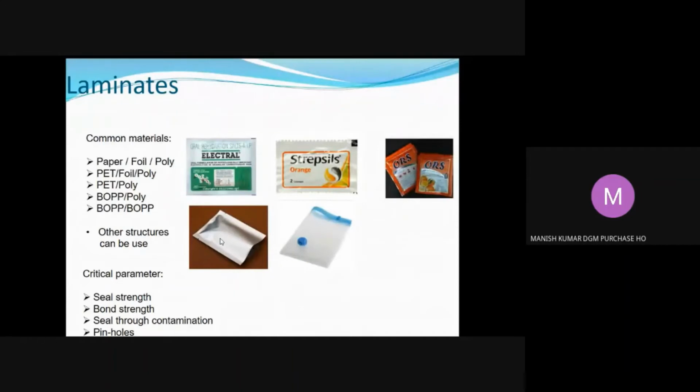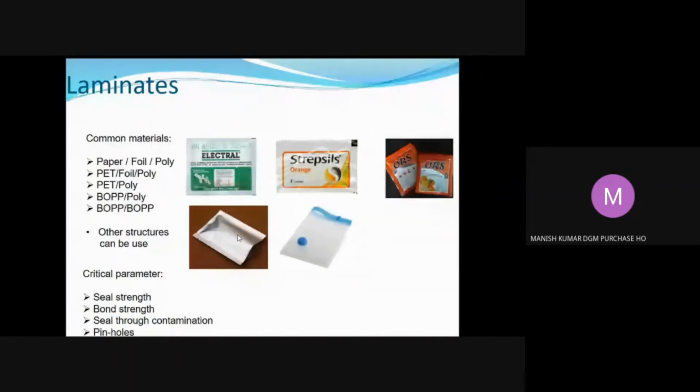This transparent pouch is also used for bulk tablet or bulk capsule packing, or powder packing for the SFG stage, or there are companies who make the bulk tablets here and pack outside the country or in different locations. Then they use a PET foil poly structure. Or you can use BOPP poly, or BOPP also, as per your requirement. As per your stability data, you have to select which laminate is better, and marketing and costing are also very important factors while selecting any laminate.